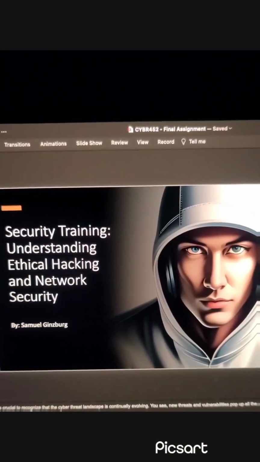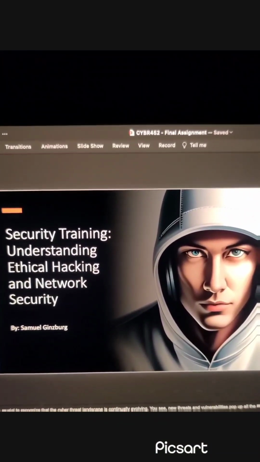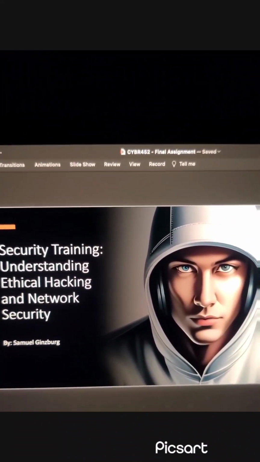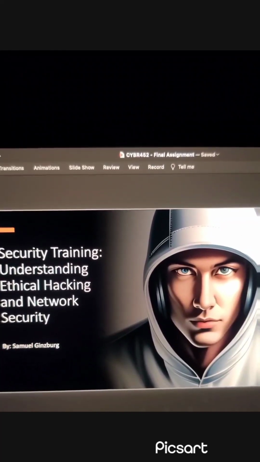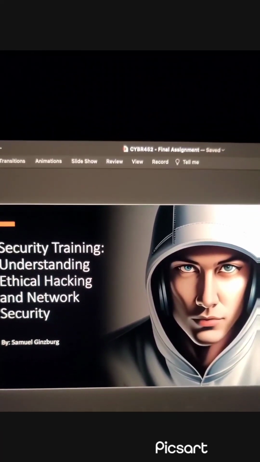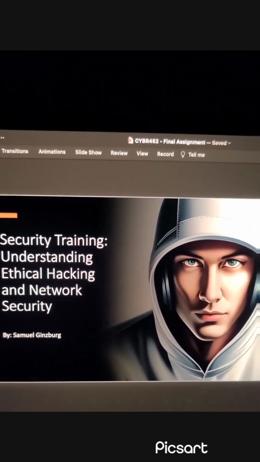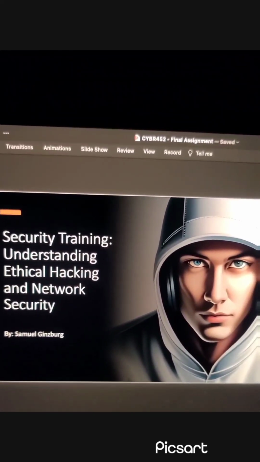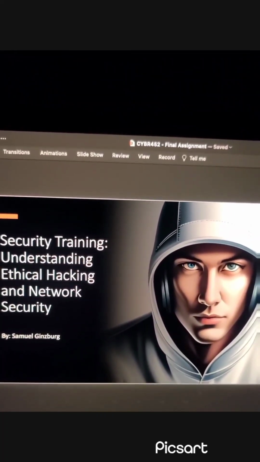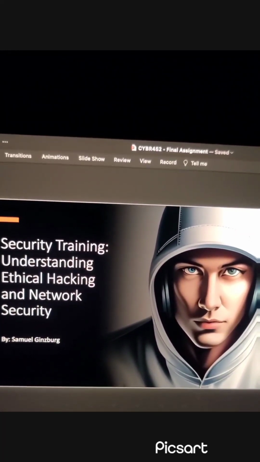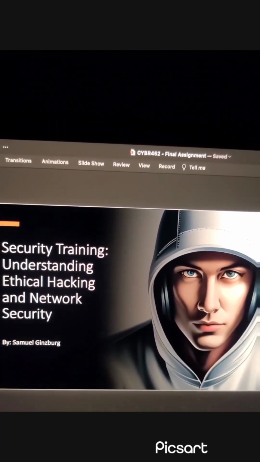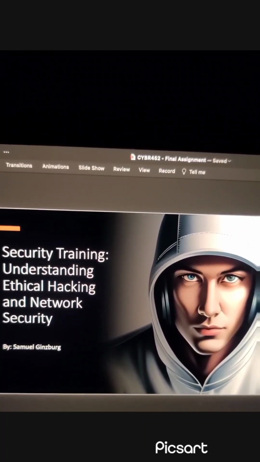Some points that didn't make the presentation are that we need to recognize that the cyber threat landscape is constantly evolving, meaning new threats and vulnerabilities always pop up, making it a game of cybersecurity cat and mouse. And this applies even more to phishing attacks as they're becoming stronger every day. So it's not just about knowing the basics, it's about staying sharp, keeping your radar on high alert. This ongoing learning and adapting is basically a secret weapon in the world of cybersecurity.